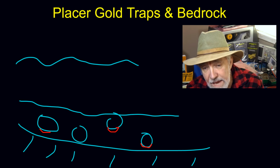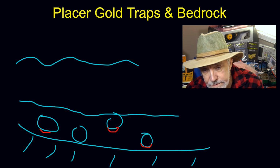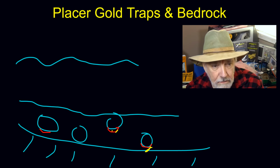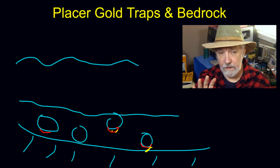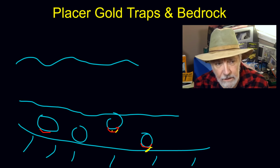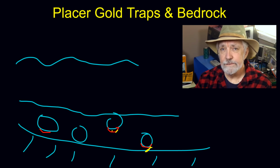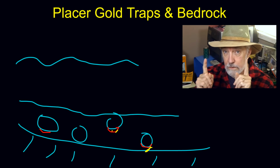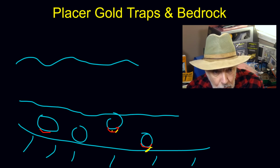The pockets may have some gold. Here's a tip. I say may, and that's important. But they'll typically have a lot more gold if they're down on bedrock. If they're up here, there might be a little hint of gold, but not much, and it'll be fine stuff. Most of what you're going to find in the areas that I marked in red is going to be black sands. Indicators that there's heavy stuff moving down the channel,